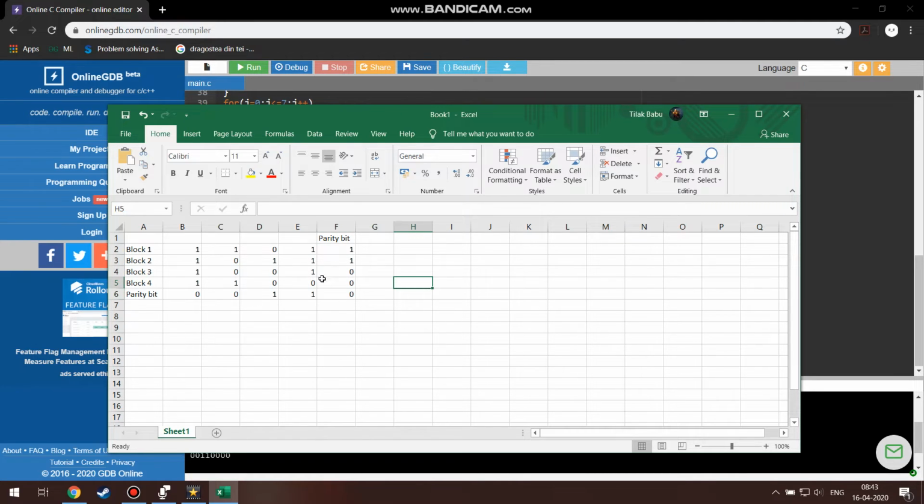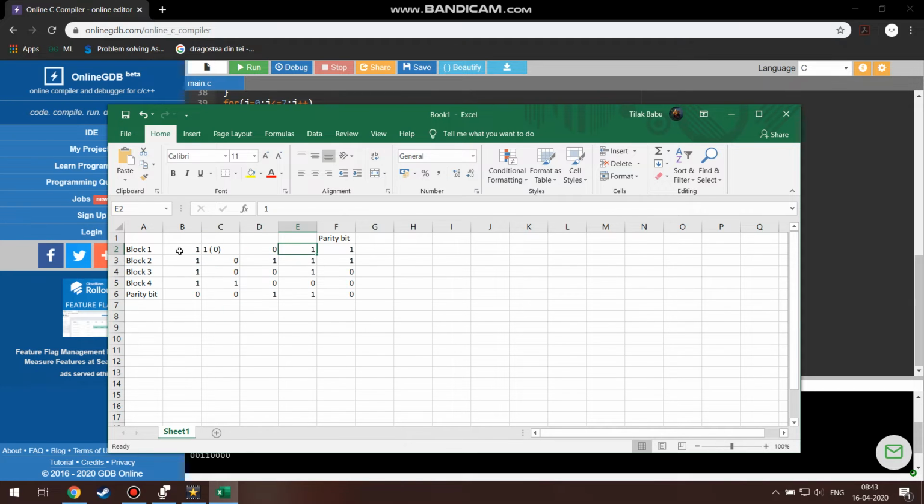Now let us take, for example, an error in this second row, C column. Instead of this 1, there is an error, and 0 is sent instead of that 1. According to the 2D parity check, for the second row, the number of ones is 1 and 2, so there are 2 ones.